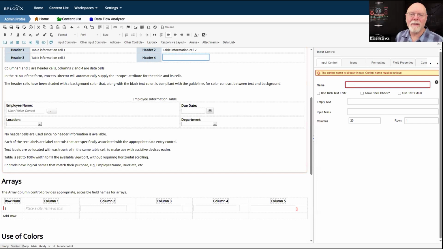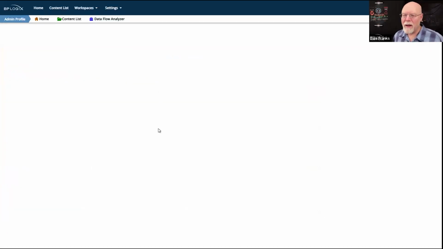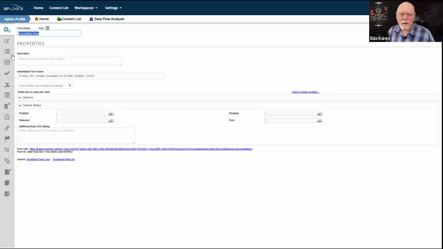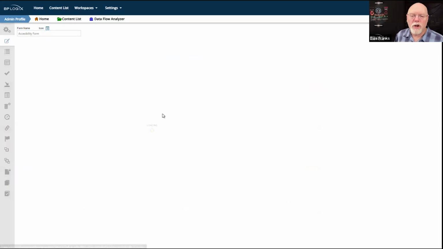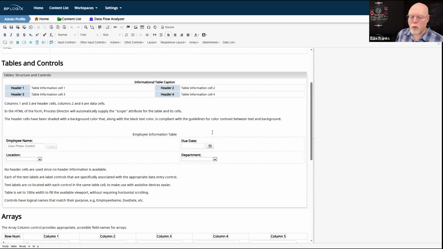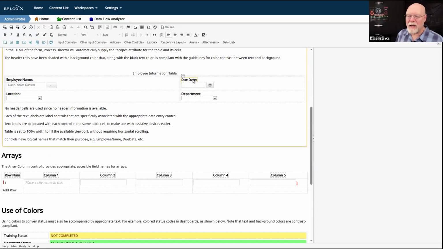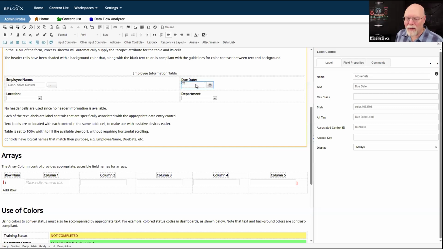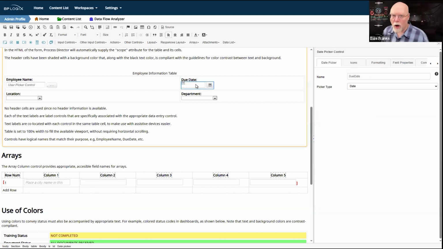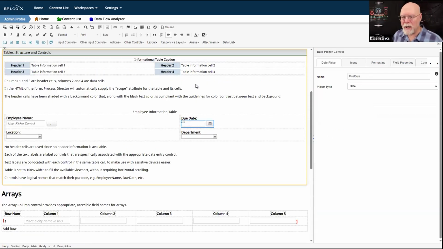No, you're not. Well, fine. We'll just reload it. The assistive device is going to get super confused because what it expects is the label and the control to be co-located, and it expects it to be in the same cell.